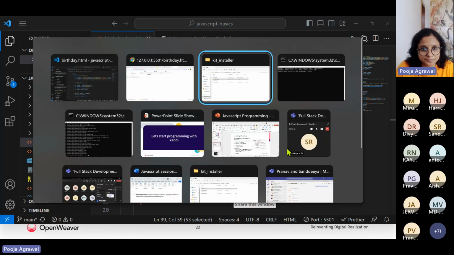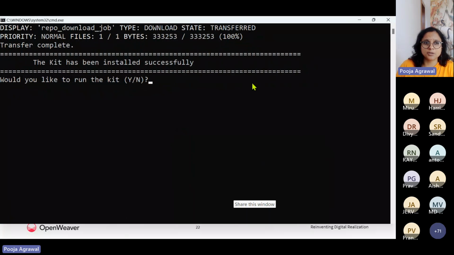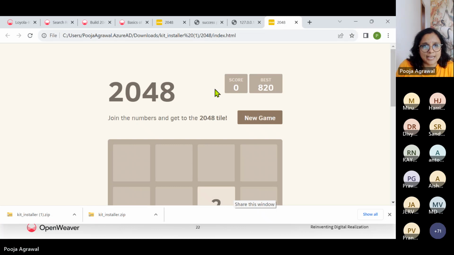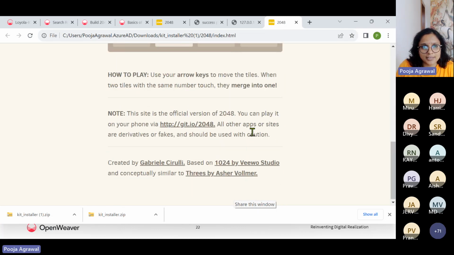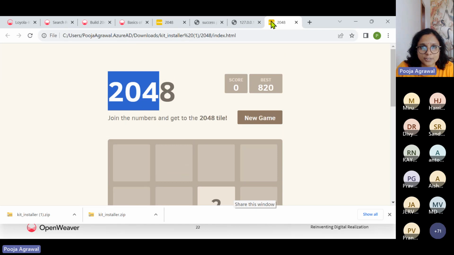Let us check the progress here. This is the download that was happening for your 2048 game. I would just say yes. And then I would see what the game requires: a simple block tile here, and then you would require this display of 2048. You could see this icon is being showcased here. That is something that I'll require. This is the title, the score, and an option to generate a new game.